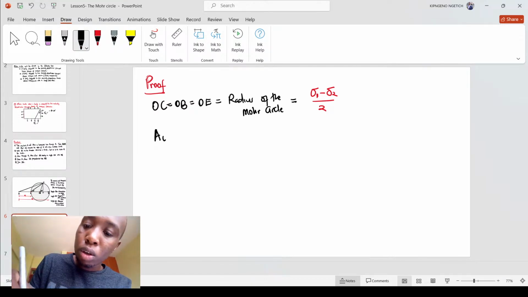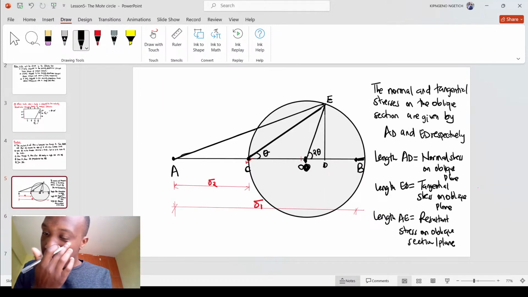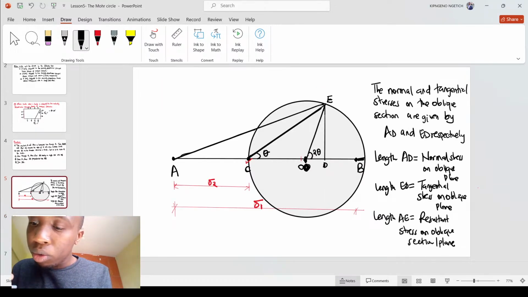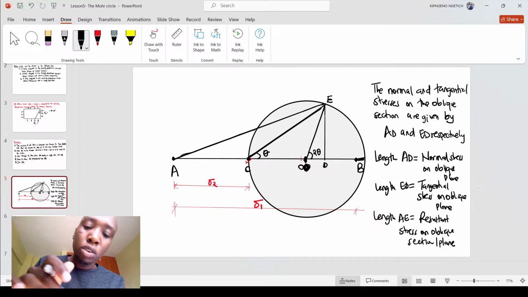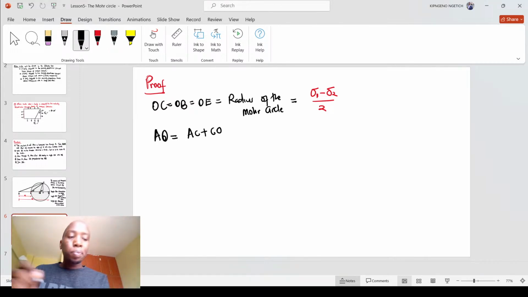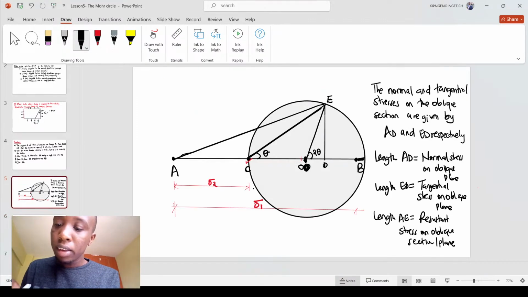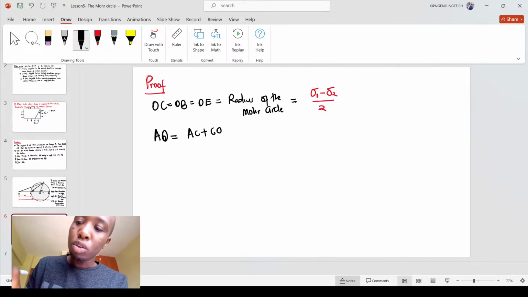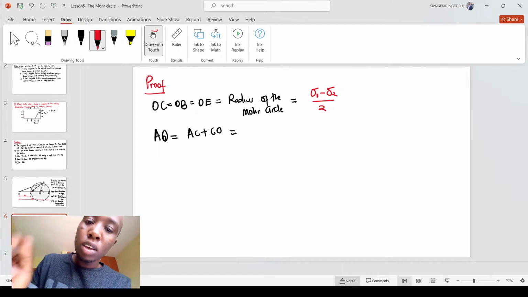AO will be obtained by AC plus CO. So let's do that. It will be AC plus CO. Very good. What's your AC? Your AC is stress 2. So this will be stress 2